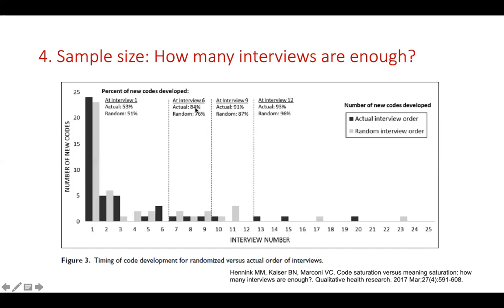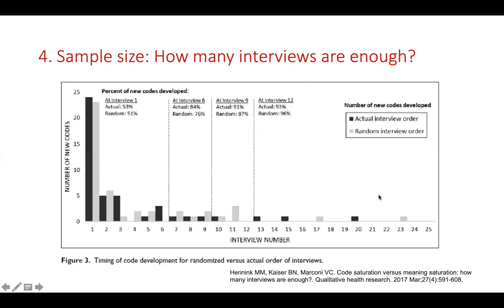At 1 interview, 53% of the codes were identified. At 6 interviews, 84%. At 9 interviews, 91%. And at 12 interviews, 93%. We can see that after 20 interviews, not many codes were generated, and after 24 interviews, codes were not generated. So data saturation was reached at 24. When we plan our study, we can plan for in-depth interviews somewhere between 12 to 24,